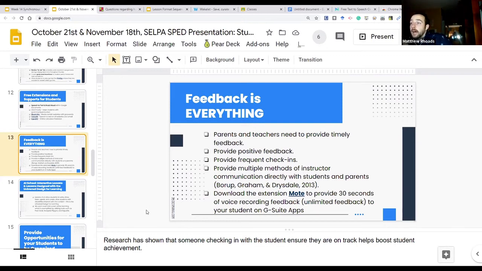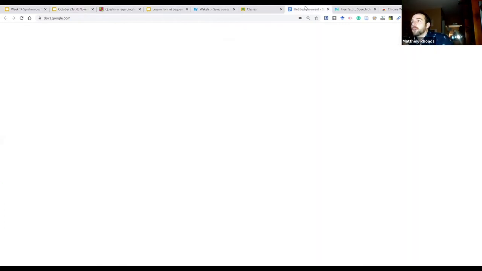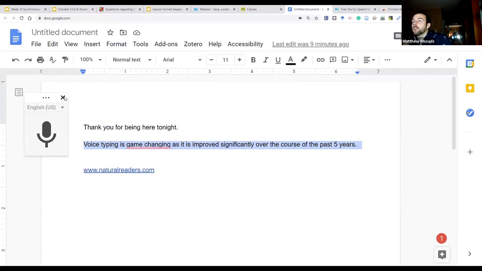And one thing that teachers use and what parents could do is download the extension called Mote. With this extension, for example, I'm going to show you what it looks like on this document. So say, for example, I shared my document with my parents or my teacher. What they can do is say I want to leave a comment on the document,